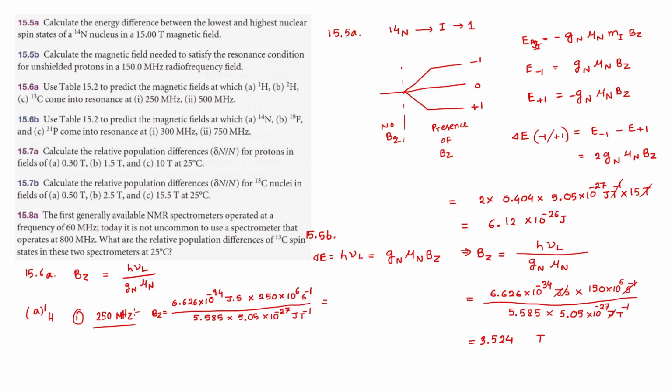I'll just change the magnetic field, the frequency, Larmor frequency, to get the same answer. So I think we'll get something around 5.87 Tesla. Okay, for 250 megahertz. Now for 500 megahertz,